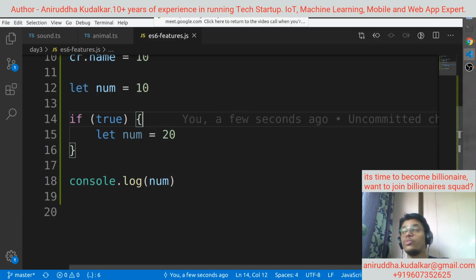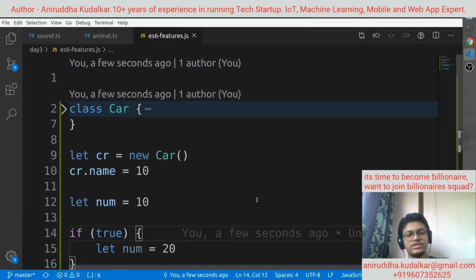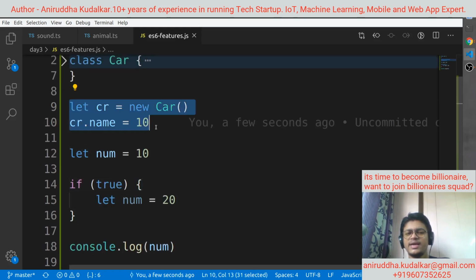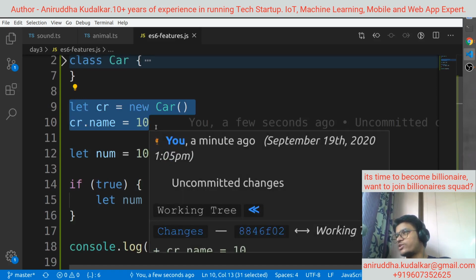So we want this feature, and that's why we have discussed this. We discussed the class, and let is applicable in TS also. Remember that TypeScript is a superset of JS. Whatever you can do in JS, all those things are possible in TS with additional things of TS.